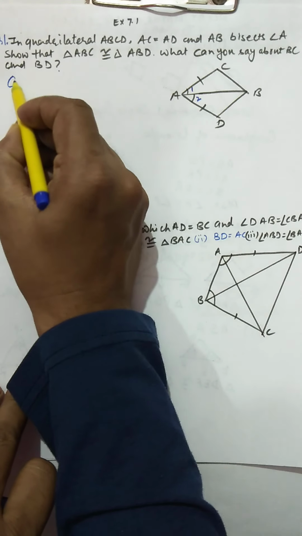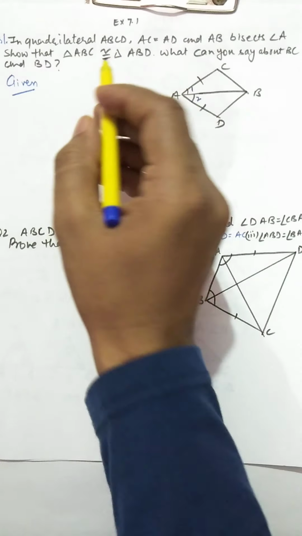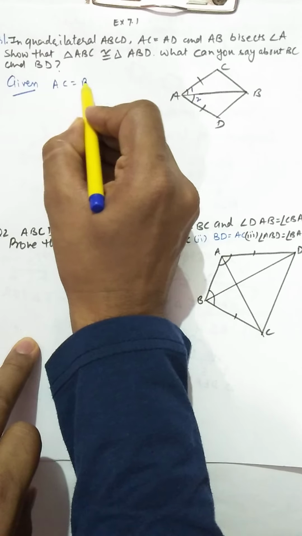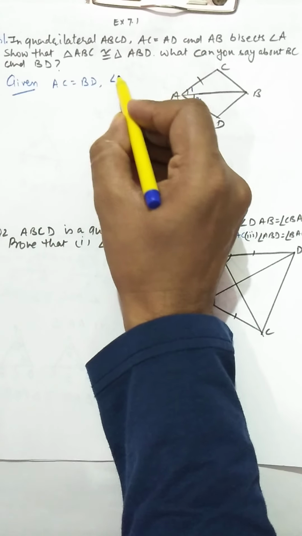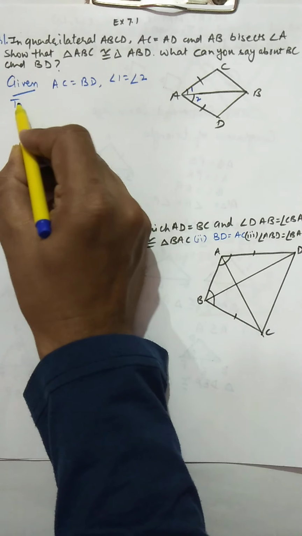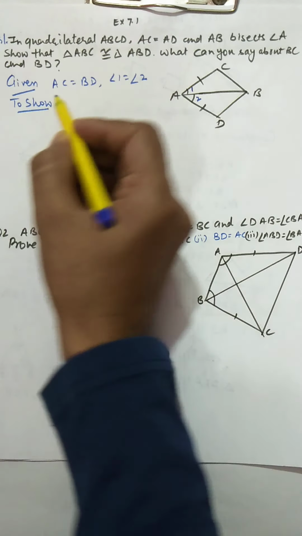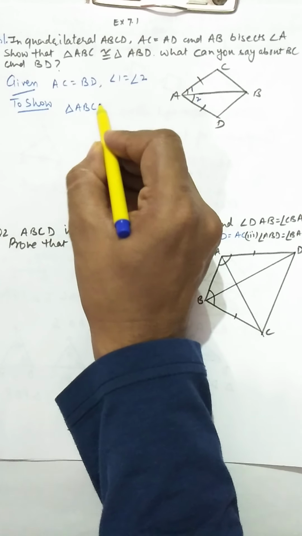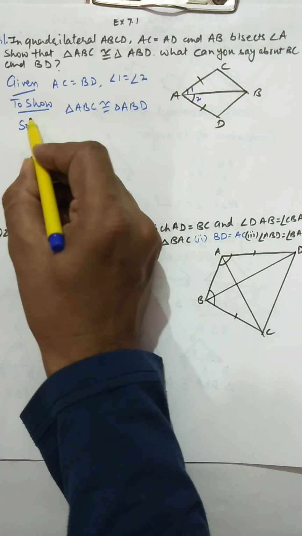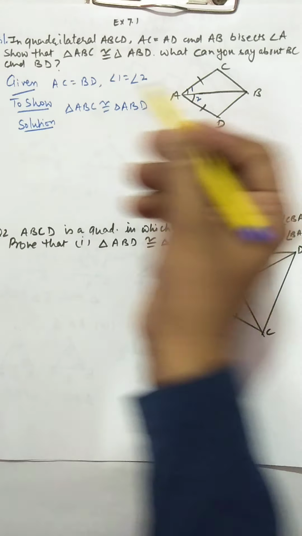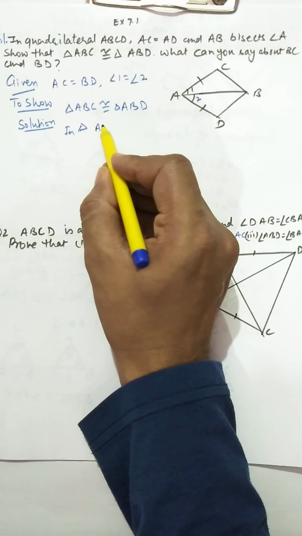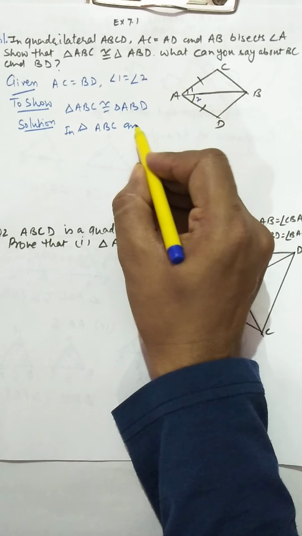So now we will write first what is given to us, and given is AC equal to BD and angle 1 is equal to angle 2. These two pieces of information are given to us to show triangle ABC congruent triangle ABD. So now we write the solution. We'll take these two triangles, triangle ABC and triangle